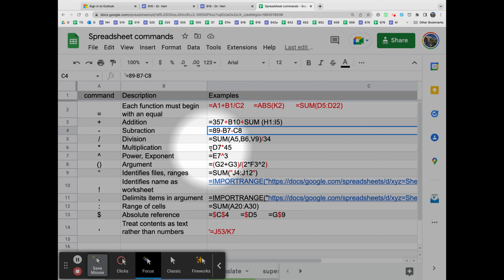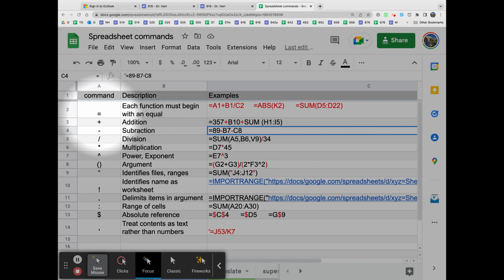Otherwise, if we start something with an equal sign, it's going to be a mathematical process or some kind of function. So again, just reviewing some of these formats here. First of all, these are going to be the most common commands you're going to see in the spreadsheets. You'll recognize all these different mathematical operations, at least down to here. The ones following down here will be explained in a little more detail as they refer to referencing cells and working within worksheets. Looking at these first 8 here, the equal sign is again what we use to